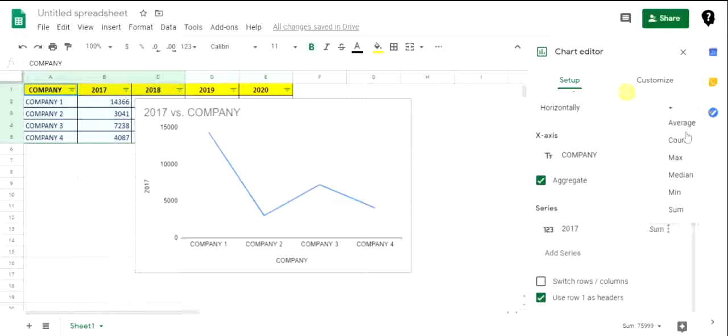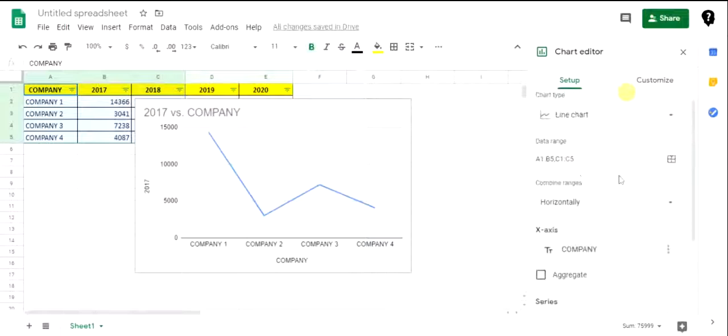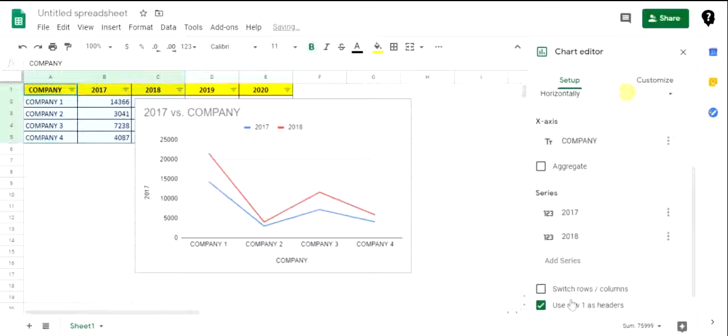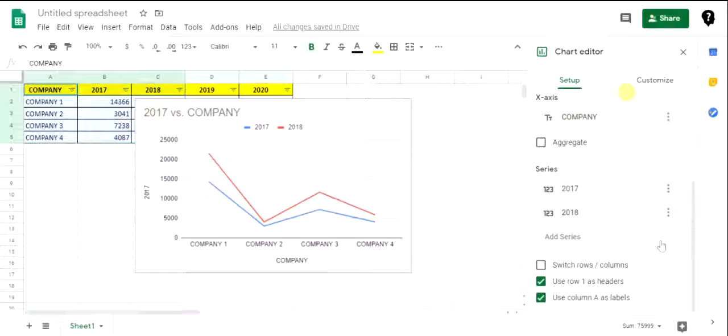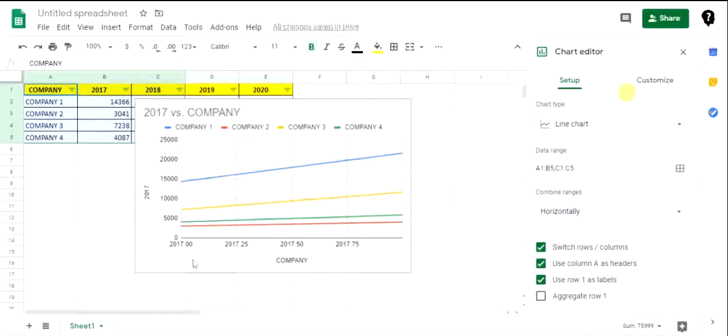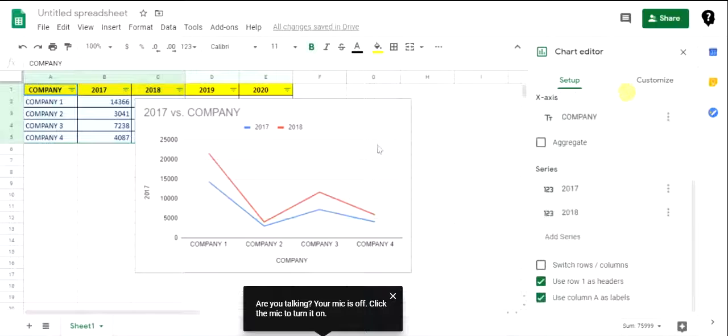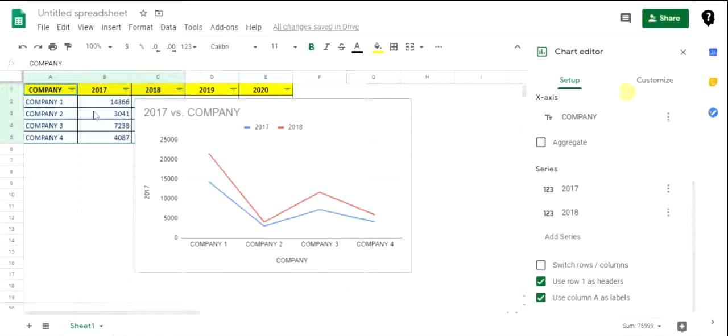Then as we know, we have added an extra range that I can have here and add that as another series. So we have this populated here. We have switch rows and columns. So accordingly, we can switch between the rows and columns, but sometimes this option is useless. So I recommend to see your data, understand your data first, and accordingly choose your chart and the data selections.